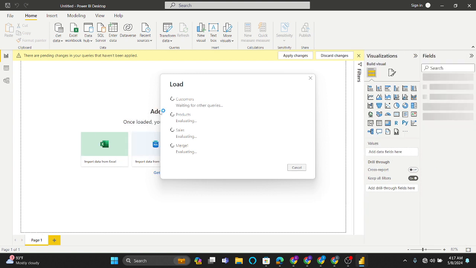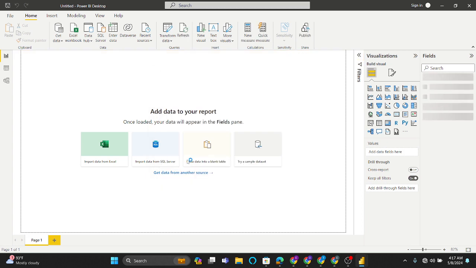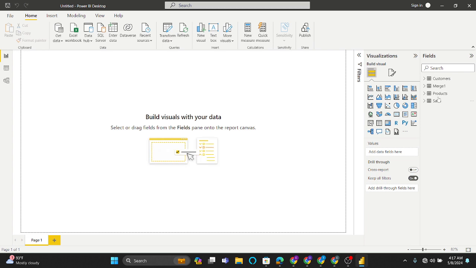You can see now, our data is loaded into Power BI. Then we can now work with this data set. After loading our data set into Power BI from Power Query, after cleaning the data set the way we want it to be, the next thing we like to do is to model our data